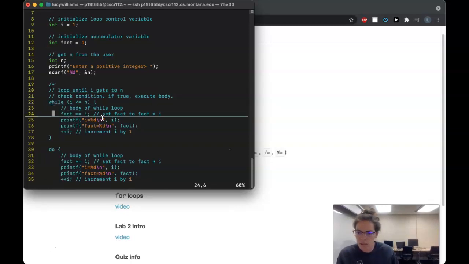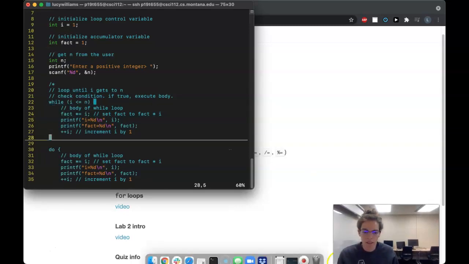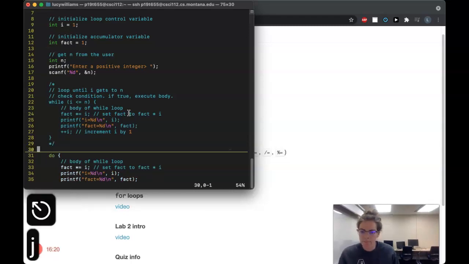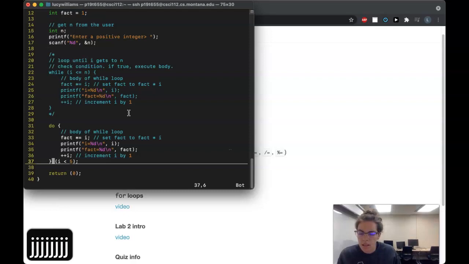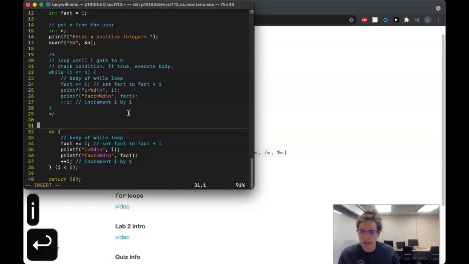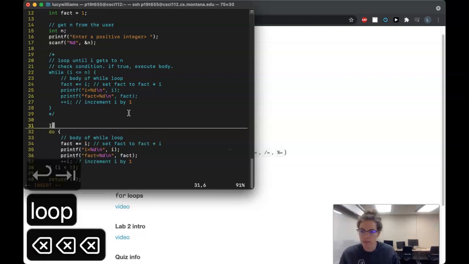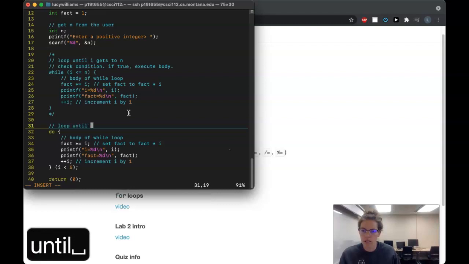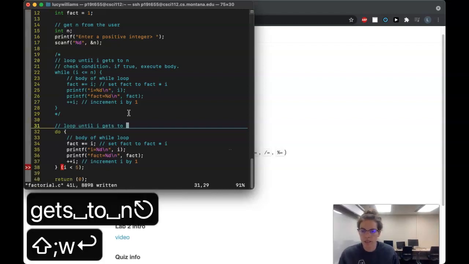Oops. Oh, I forgot to put on my key casting. Maybe that's easier to see. I don't know. But okay. So again, we want to loop until i gets to n. So it's useful to think